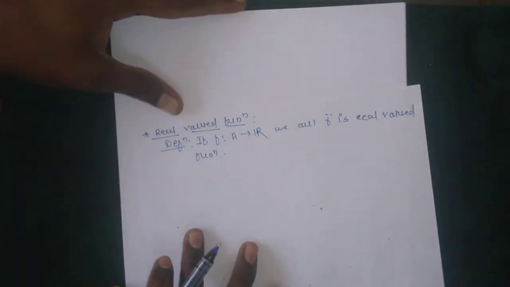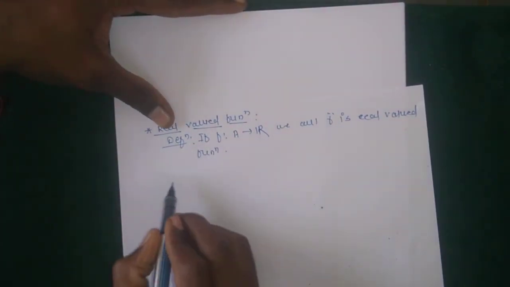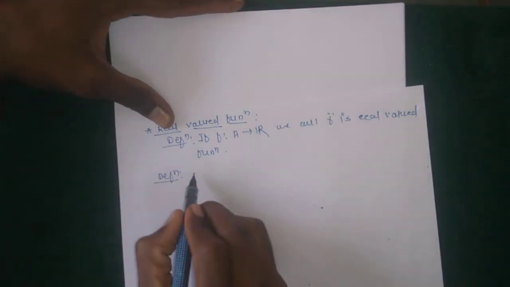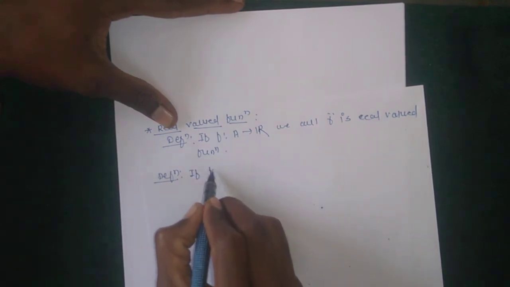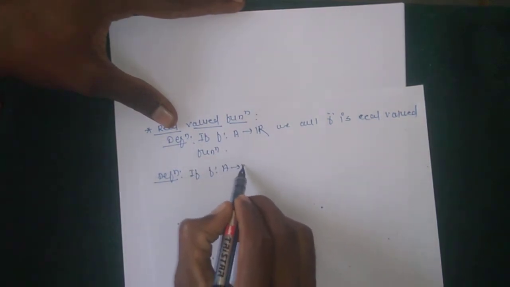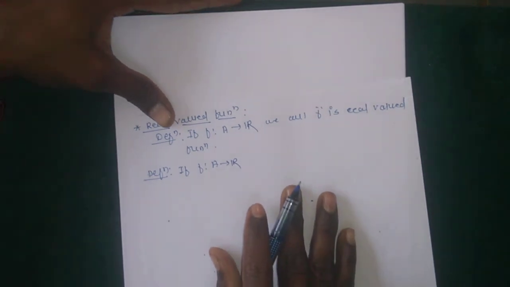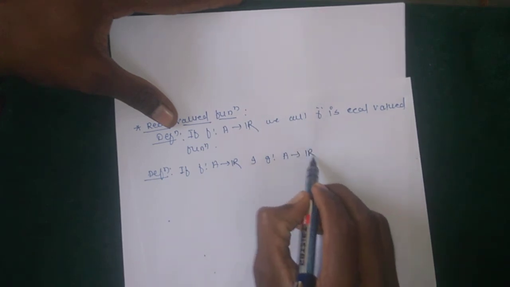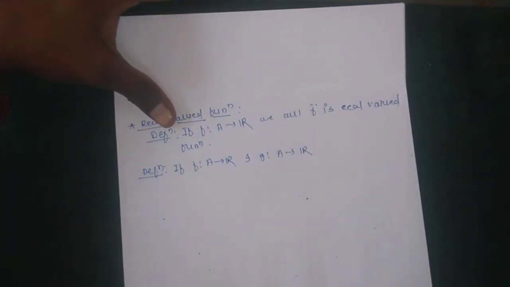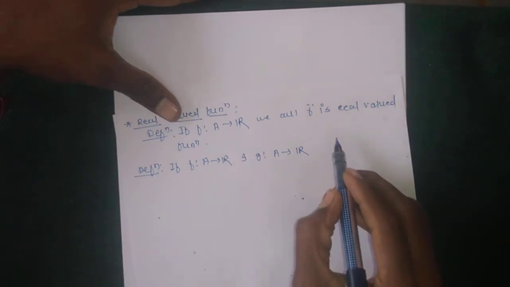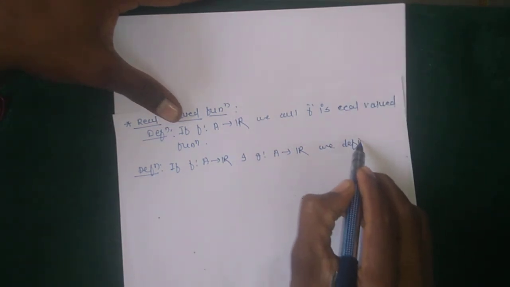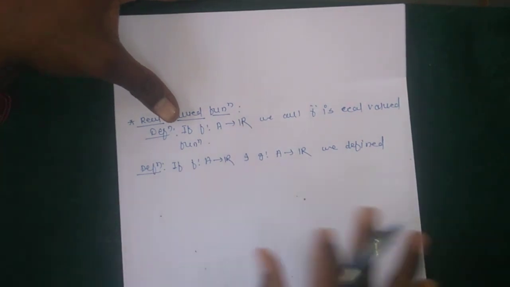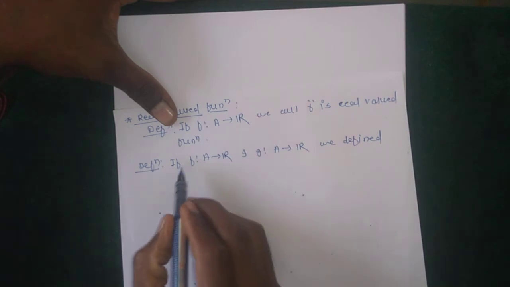Okay, so this is one definition. Then the next definition: addition and subtraction of real valued functions. If f is a function from a set A to the real numbers R, and g is a function from the same set to R, we define the addition of two real valued functions, which is again a real valued function. We define f plus g as